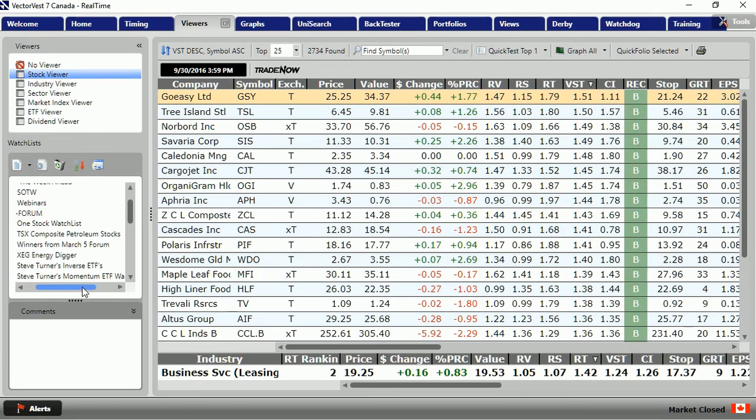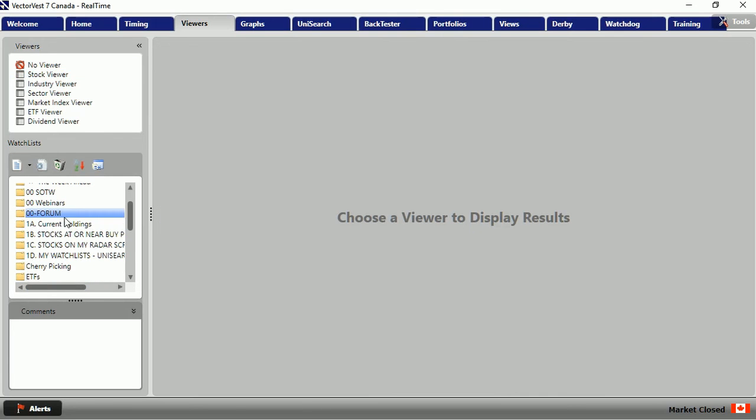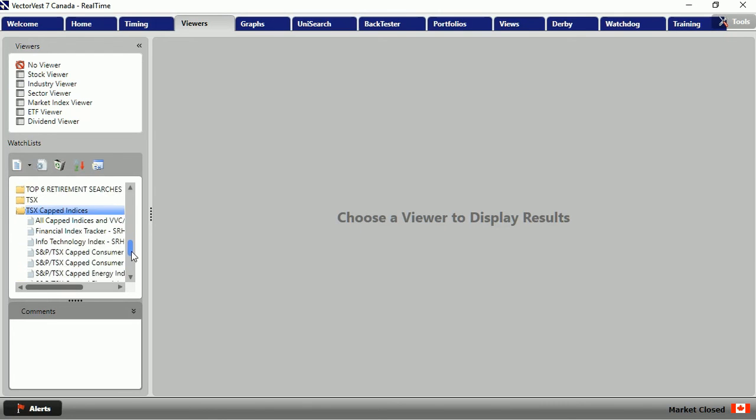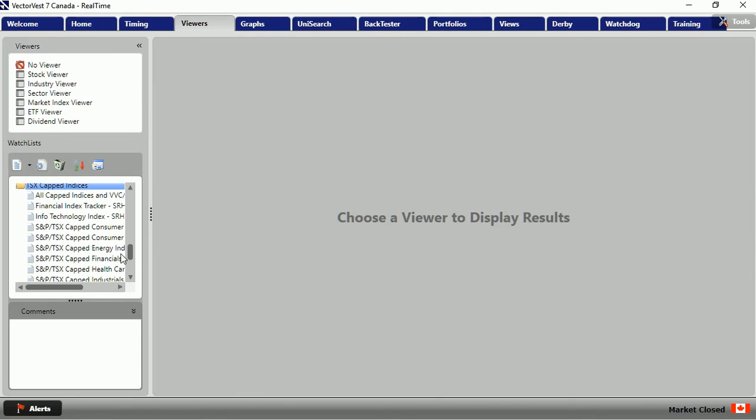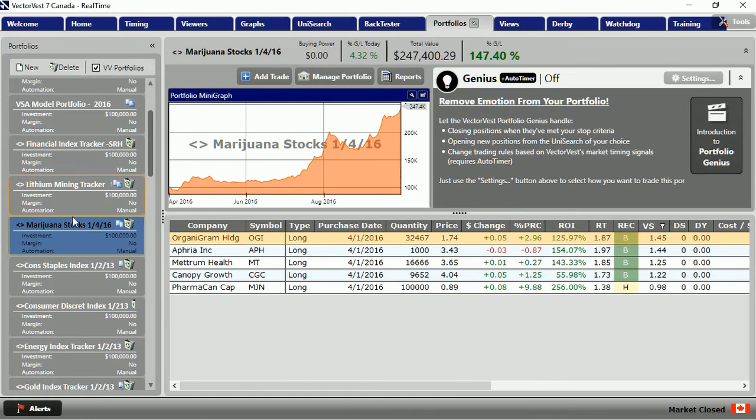You can go to your watch list viewer with all the different watch lists that we have available, some special watch lists, drips, monthly dividend payers. Wow Dividends is a great watch list. The indexes themselves or indices down here, financials, consumer staples, consumer discretionary, healthcare. Or you can do what I do. I track quite a few baskets of stocks, and the marijuana stocks visually I can see when I come to the